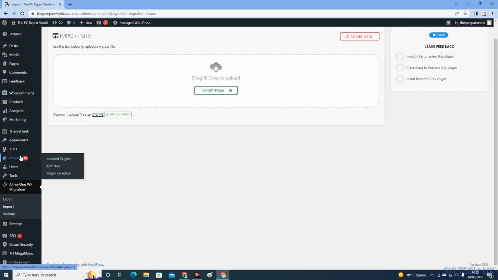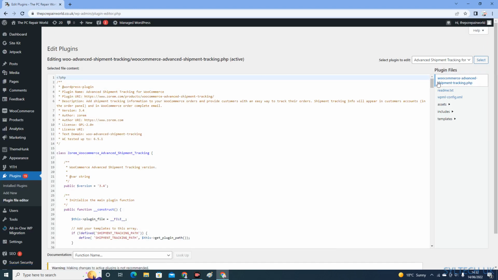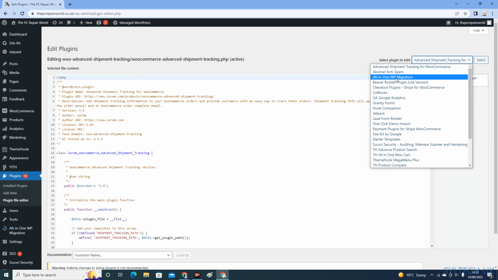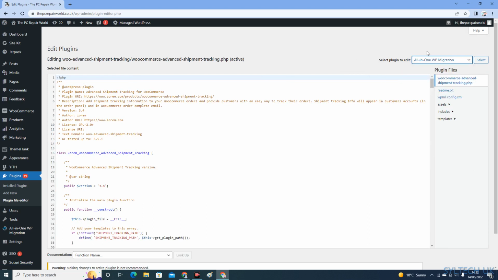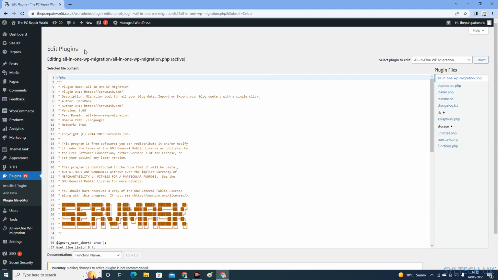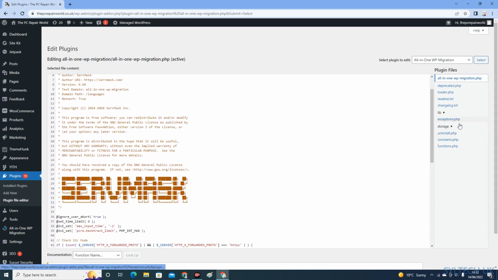Now click on plugins and then plugin file editor. From select plugin to edit, just click on it, then click All-in-One WordPress Migration and then hit select. Now for All-in-One WordPress Migration, you can edit the text from here. So I'm going to click constants.php. This is the page we are going to edit,